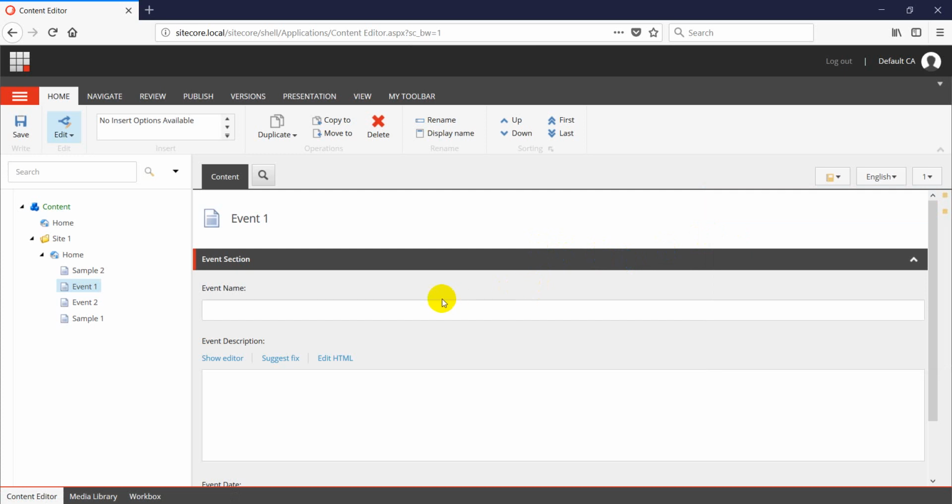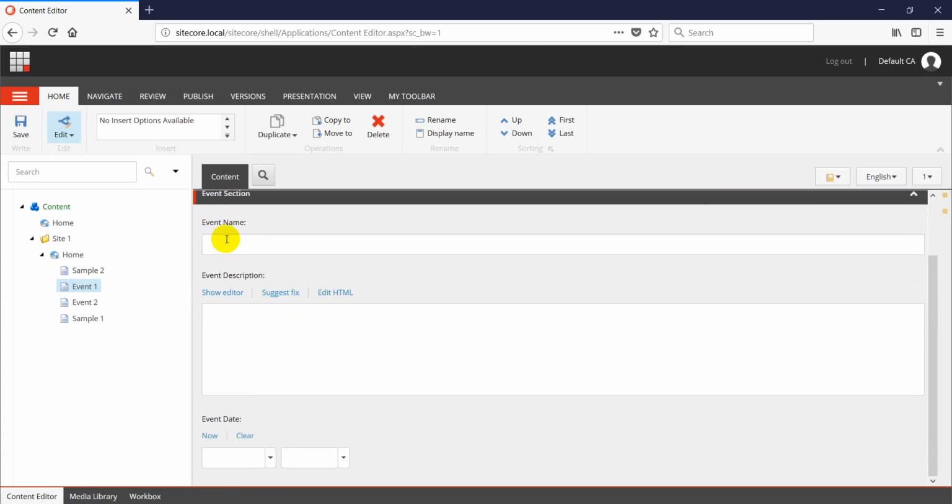One another thing which I want to show you is, let's say there is a requirement wherein we don't want specific users to make content updates to a specific field itself. As of now, we have a custom template event section which has three different fields on it: event name, event description, and event date. But how about if I don't want users that belong to default CA role to be making any updates to event date? So that can be configured, and to do that,